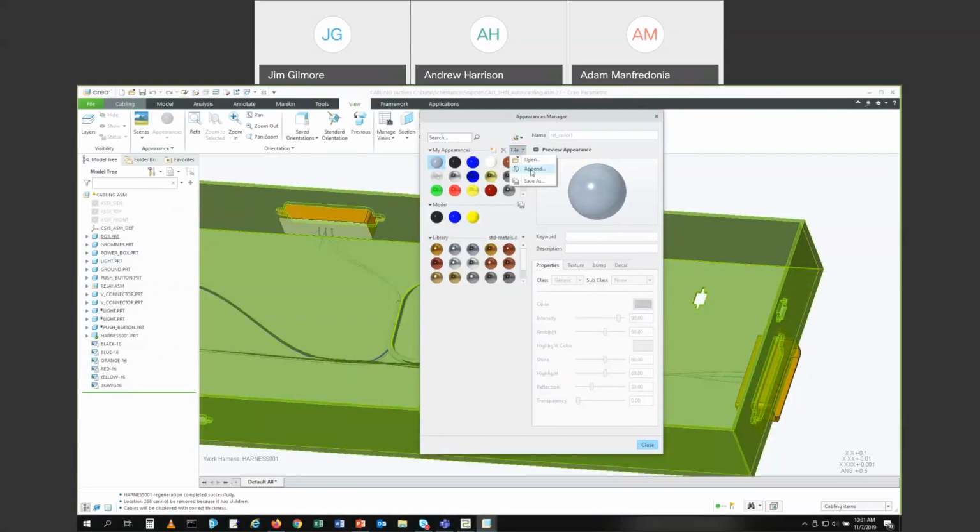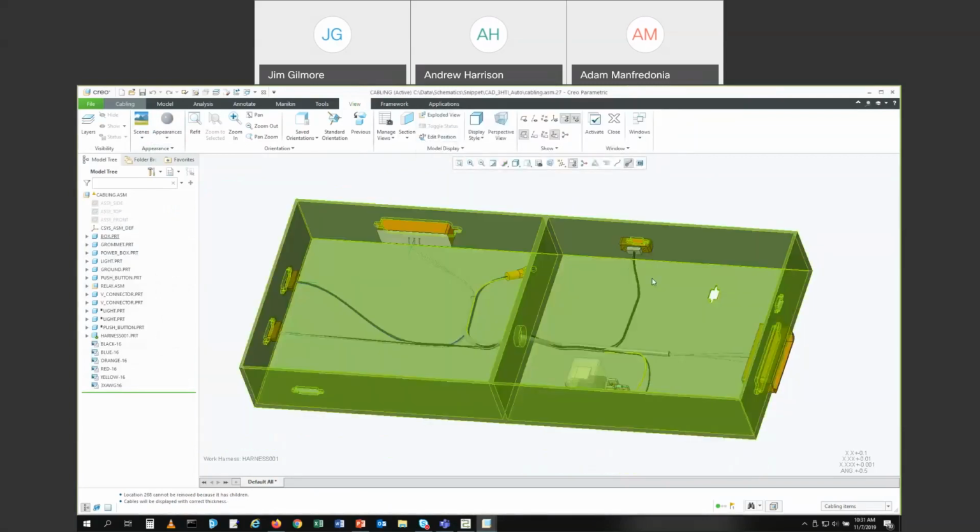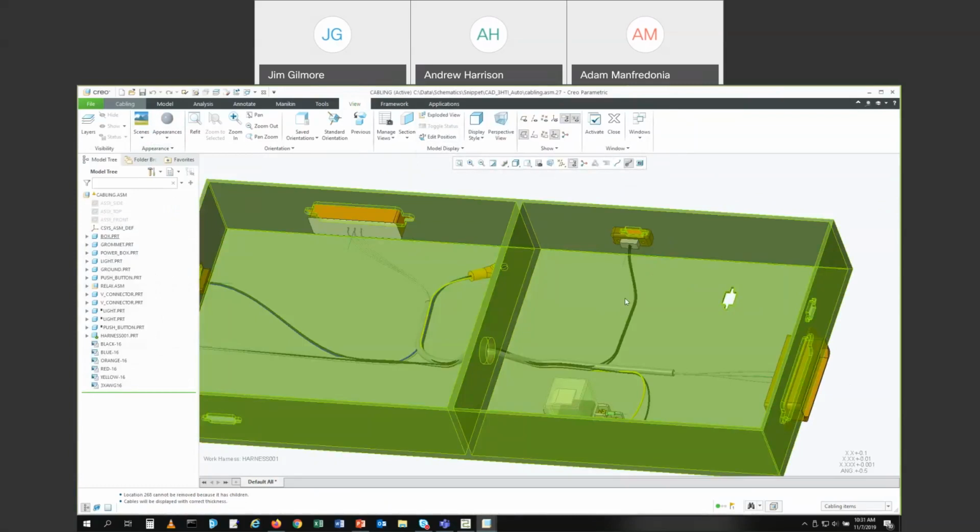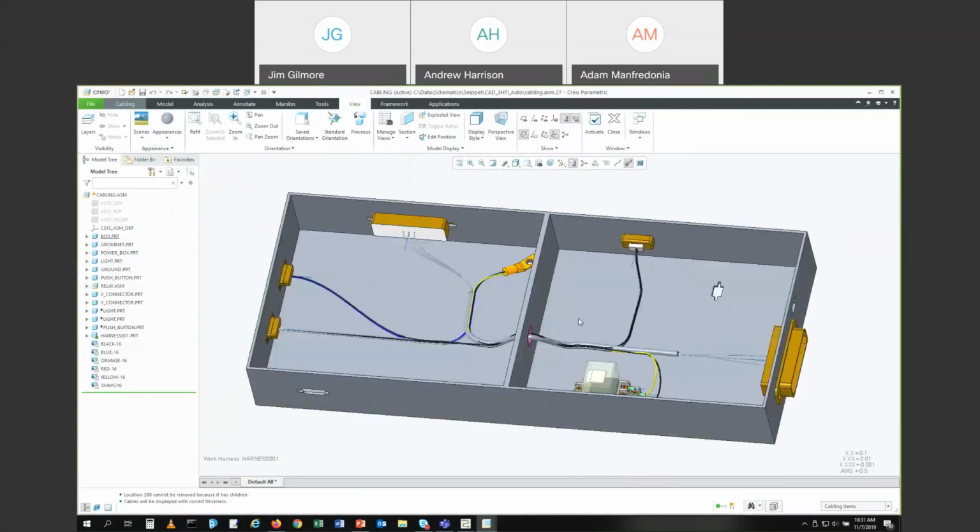And say, for example, I want to open up, maybe I have one for wires, so I have a bunch of colors in here for wires. So now it'll go through and it'll bring those in and it'll go through and associate those automatically. Now, a couple things that I can do inside here while I'm here is that, for example,